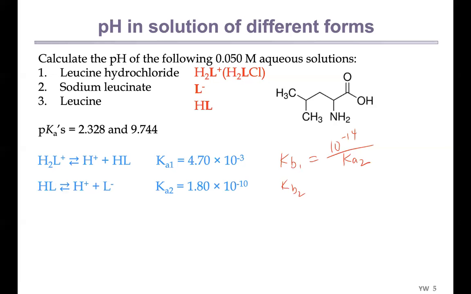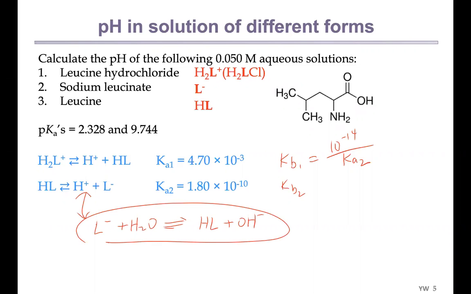The reason behind that is you have to look at which reaction Kb1 is related to, right? Because Kb1 is actually the first step of the association. So it's starting from L minus. So it's L minus plus H2O forming HL plus OH minus. So this one is related to Ka2, which is why if you want to calculate Kb1, you have to use Ka2. And for Kb2, you use Ka1, okay? All right, so this is a brief